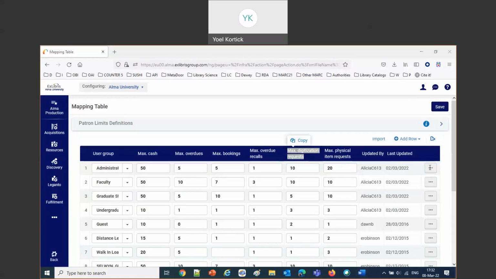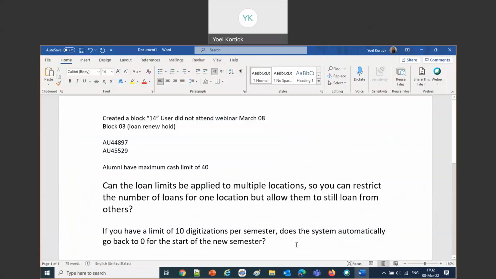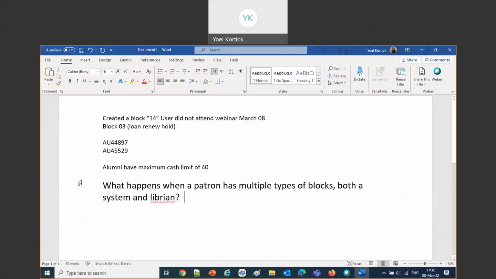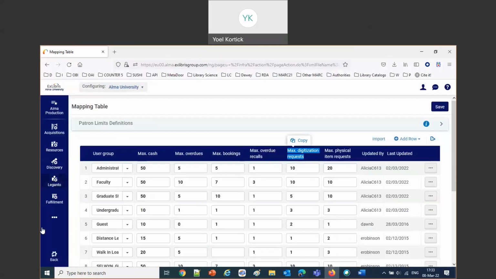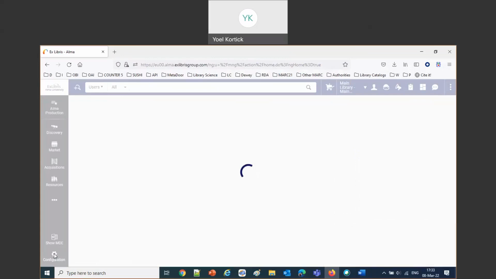What happens when a patron has multiple types of block, both a system and a librarian? Either one will take effect. I could take our patron now, Anna. Let me put this one out here so everyone sees. When the patron has multiple blocks, if one of them meets the criteria of the block, then he or she will be blocked. For example, if we take Anna